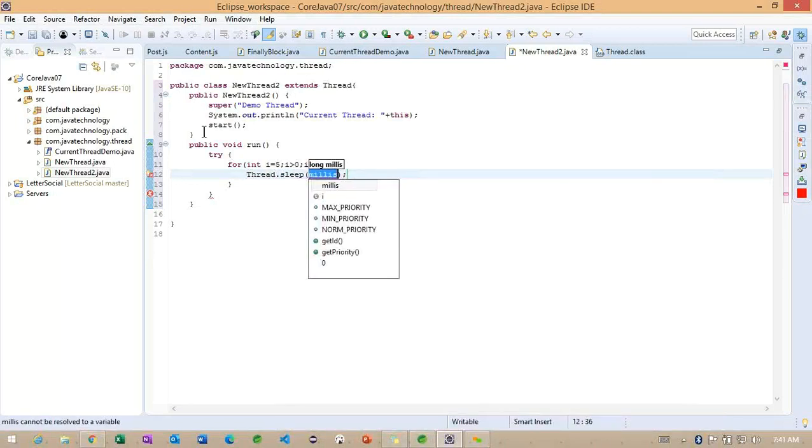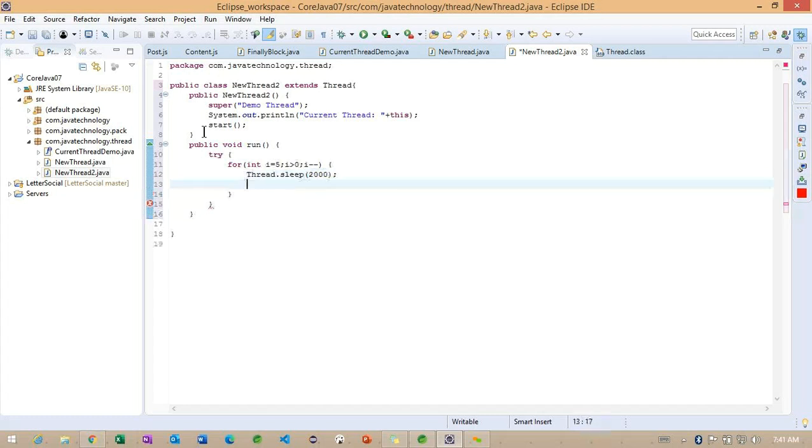So to understand what exactly it's calling internally, I want to specify 2000 milliseconds, which is nothing but 2 seconds.